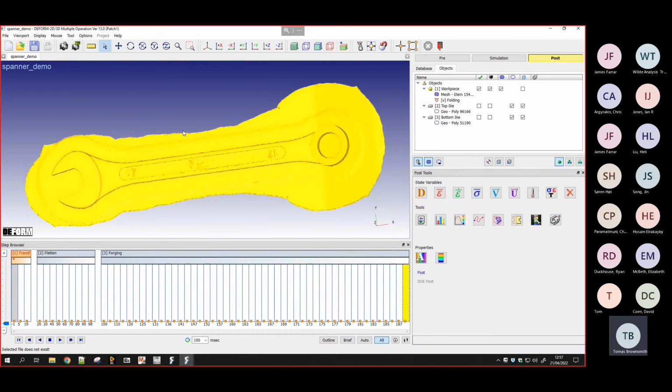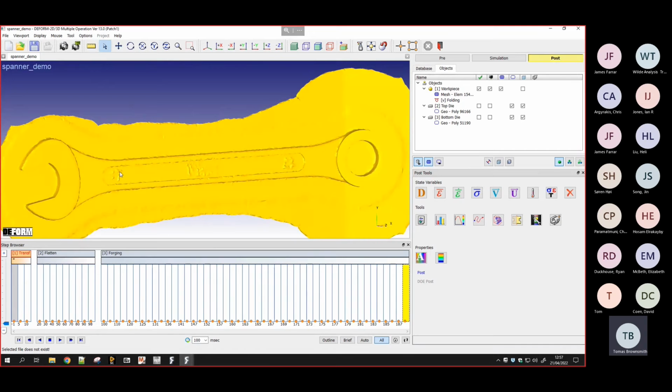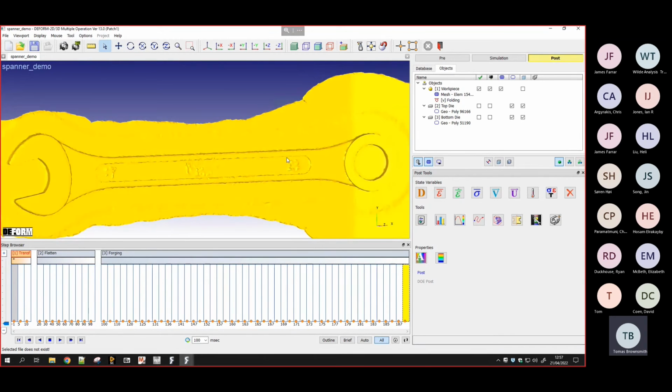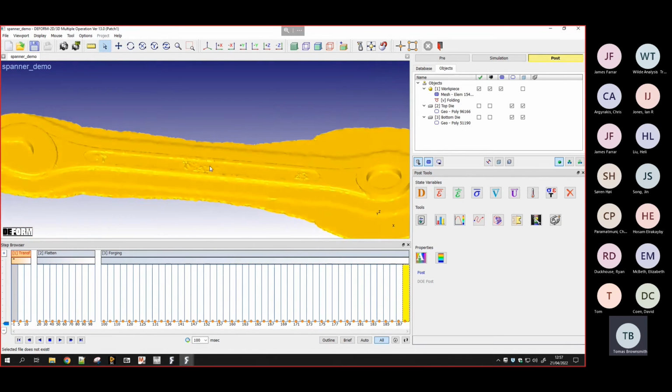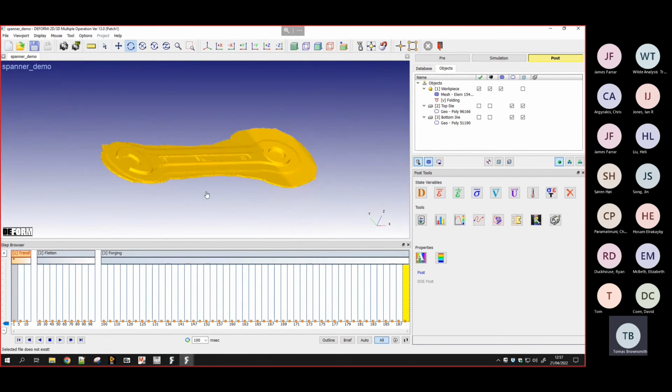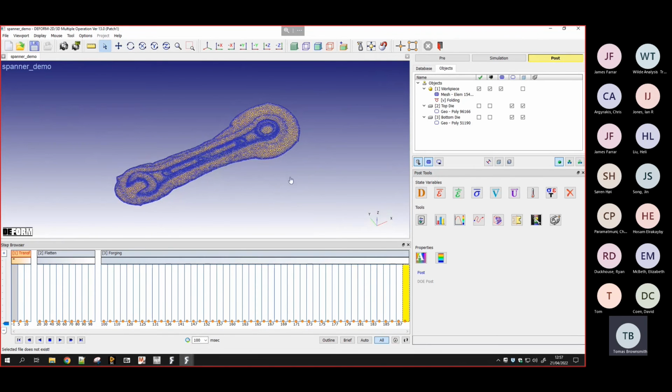Another thing that we might want to improve about this simulation would be we had some lettering in the tool here, and that's not being resolved by the mesh, so we'd want a finer mesh in that area if we wanted to see how that lettering in particular flowed. But as an overall simulation, the mesh density here is still good enough to get a prediction of